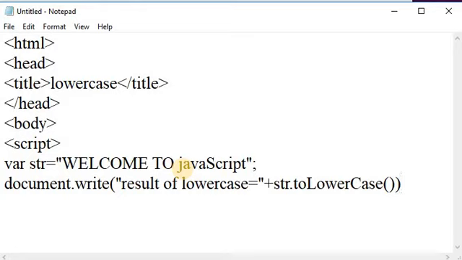Close the write method, close the script tag and close the HTML tag.